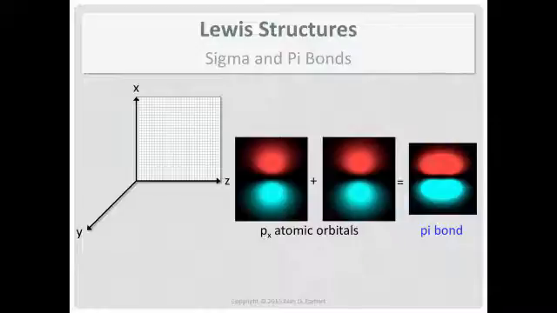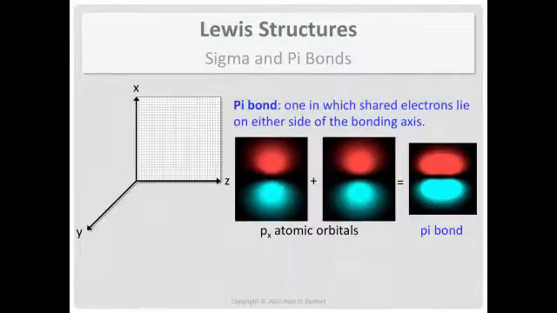And a way I read some time ago that helps me remember what's what. The sigma bond's a hot dog, I mentioned earlier, and a pi bond is like a hot dog bun that surrounds the hot dog. So a pi bond is one where you have the shared electrons lying on either side of the bonding axis. So you can get a pi bond from the px's overlapping, and you get another pi bond from the py's overlapping.